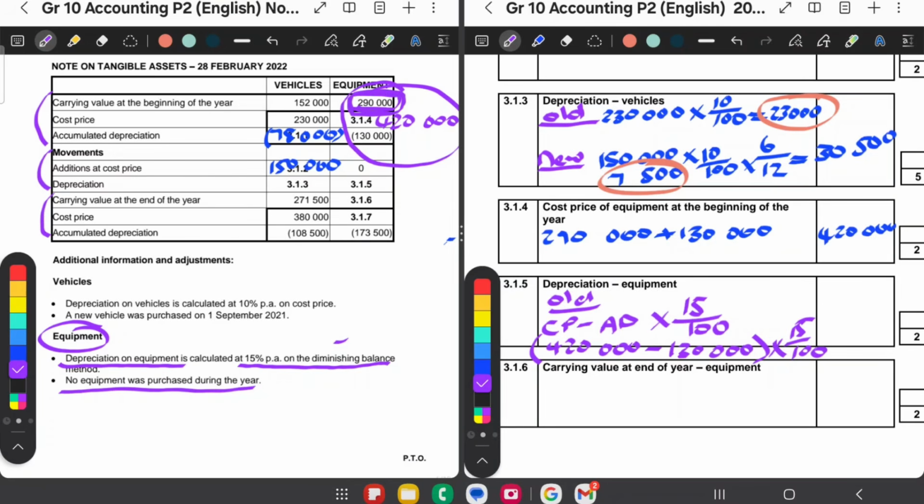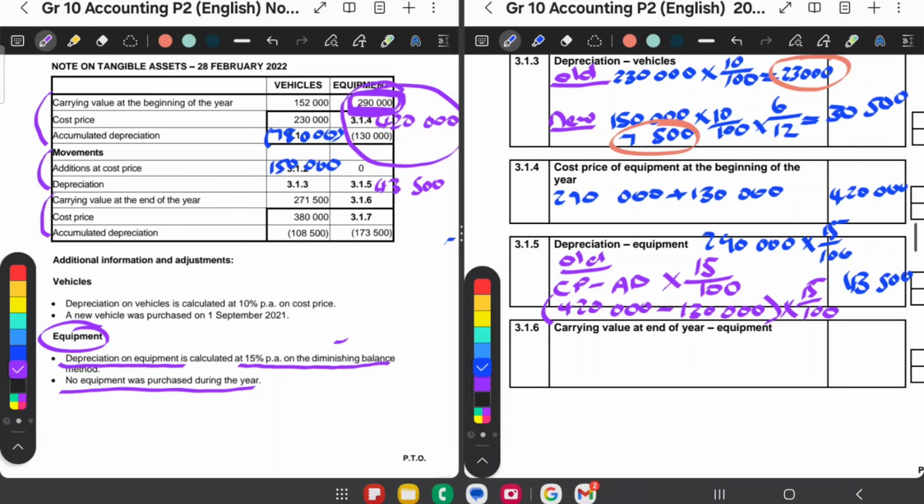That is 290. So if you didn't want to use this, you can just say 290, because that is carrying value, times 15 over 100. And the answer to both of these is